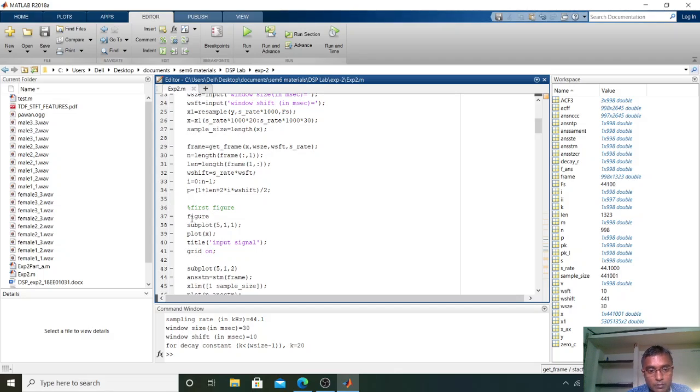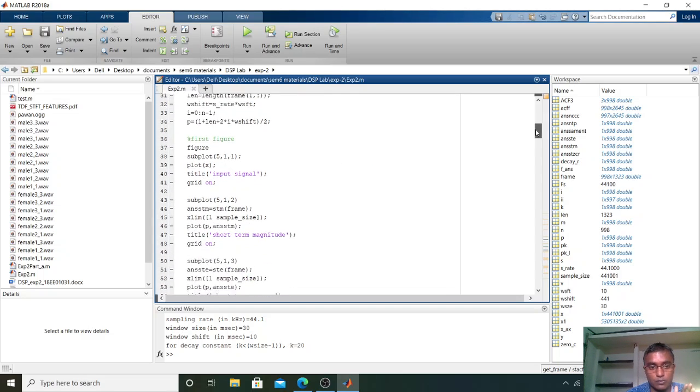And after that, from here, i goes from 0 to n minus 1, and p is equal to 1 plus. Here the number of windows will be less compared to the number of samples in the input. So we have to make the origin similar, for plotting in a similar way. For that I'm using a window, for a particular window from the ith sample to the jth sample, I am storing (i plus j) by 2, the midpoint. At the midpoint I am setting my answer for that window.